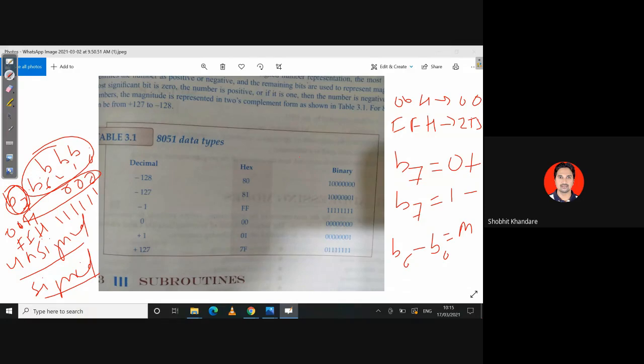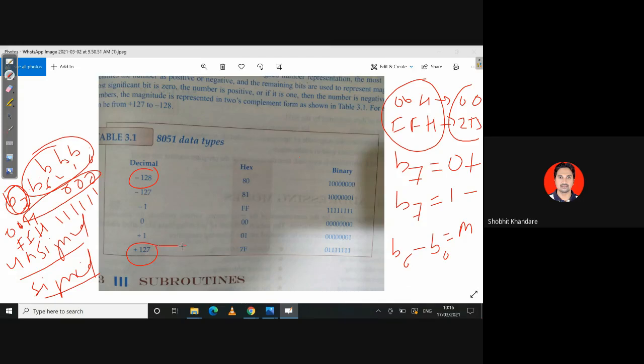Now if I ask you to give me the range, as far as unsigned numbers are concerned, I have given you the range, that is 00H to FFH, or in decimal 00 to 255. In the same case for signed, if I ask you to give me the range, the numbers would be, you can see on the screen, from -128 to +127.